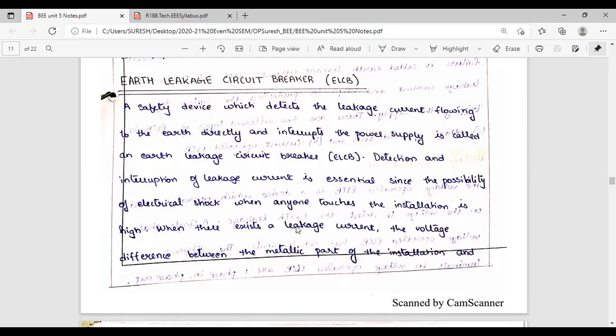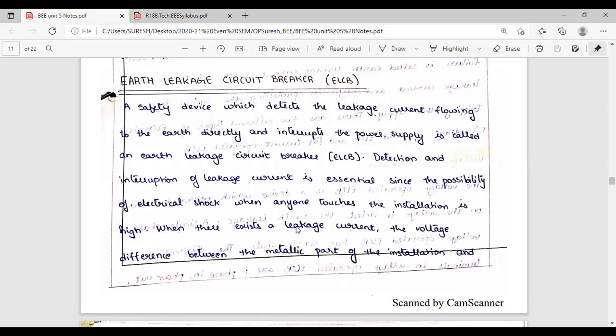And our body is having some resistance. This resistance will oppose that current. Suppose the earthing is not there, that current will flow into our body. Earth resistance is less than our body resistance. Remember what I am saying, listen carefully. Earth resistance should be less than the body resistance. Current always chooses the lowest resistance. Note this point: current flows wherever resistance is less, because current is inversely proportional to resistance. I is inversely proportional to resistance.